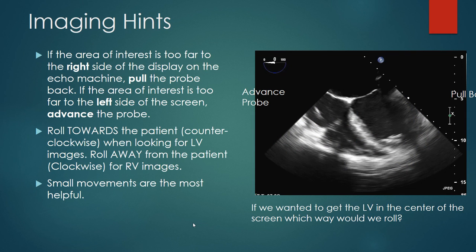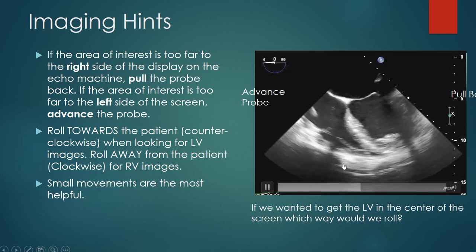So imaging hints. If you have something on this side of the screen, you'll need to advance your probe to image it better. If you have a structure over here and you want to image it better, so in the case of that LV, you're going to be pulling back. Most of the time, if you want to image a left ventricular structure, a left-sided structure, you are going to counterclockwise. So in this case, if we wanted to look more at the LV, we would pull this back